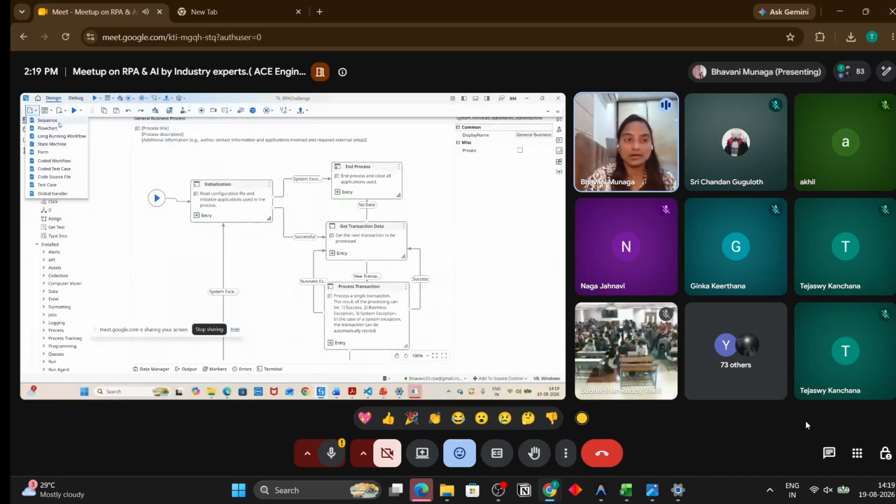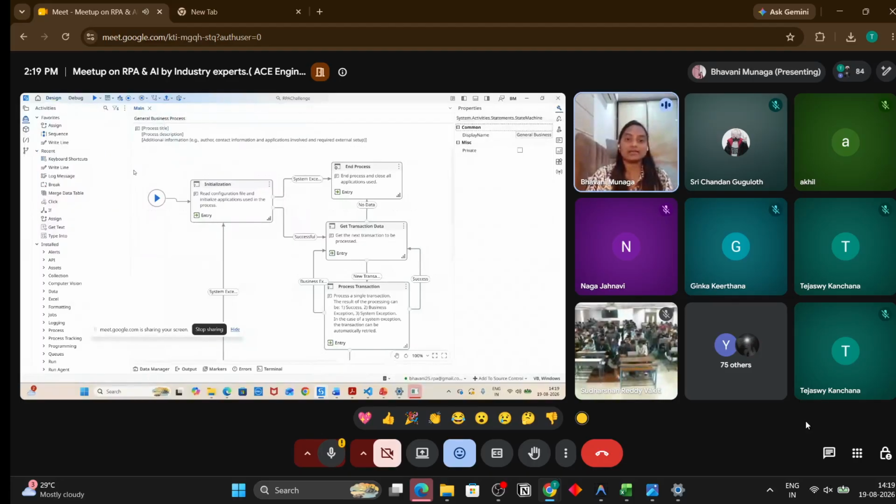Mainly there are three types of workflows we'll deal with: the sequence, flowchart, and the RE Framework. For the linear process, there will be one process, like go to the mailbox, open the mailbox, monitor that email, and then reply back to the email. This is a very linear process. For this process, we can directly go with the linear flow.